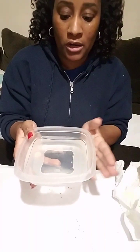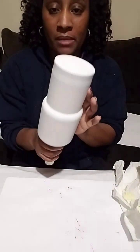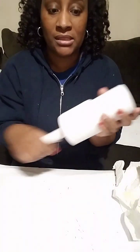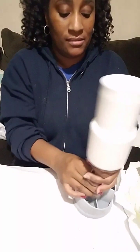A bowl of lukewarm water for doing the Waterslide. And you need either an acrylic painted white cup or a spray painted white cup. And it needs to be completely dry to touch. And we're going to do 2 of these tonight. So you need that, and